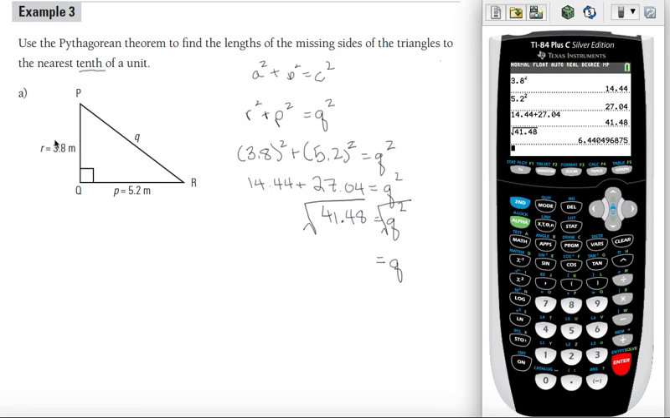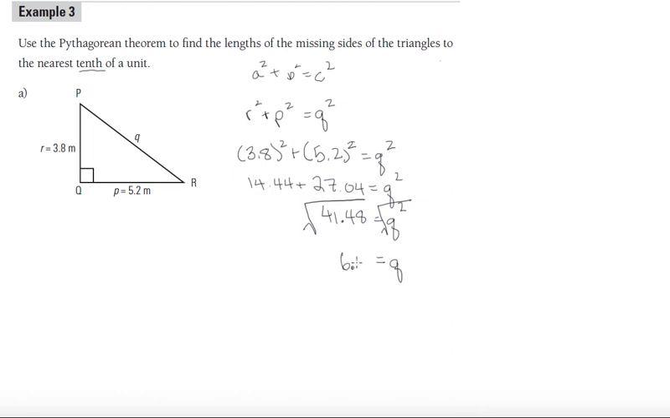Now here, these are to one decimal place, so let's round this to one decimal place. So 6.4, I look, the next number is a 4, so that means round down. So it's going to be 6.4, and my units are meters. So there is my